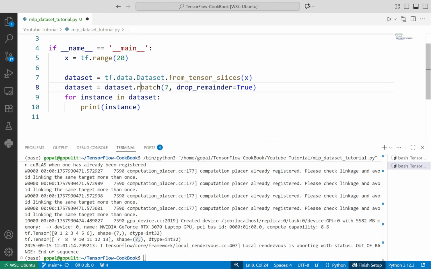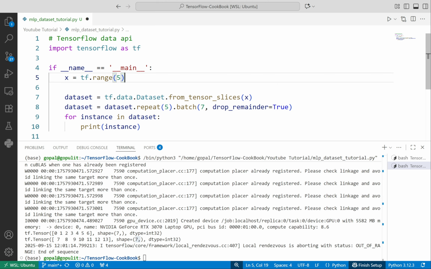I can also do something, let's say repeat, and if I say 5, it will take the dataset, and let's say I write just till 5 so that we can understand much better. I repeated it 5 times, so it will take the dataset x, which is 0, 1, 2, 3, 4, and then again 0, 1, 2, 3, 4, and so on, till 5 times.